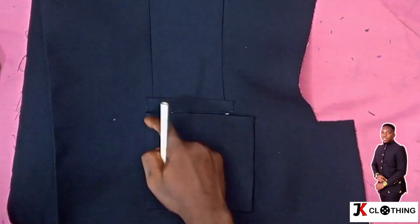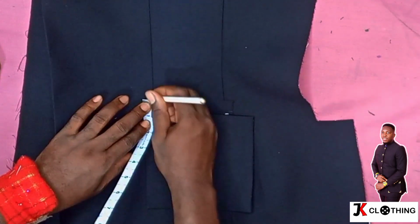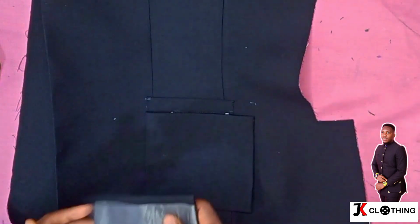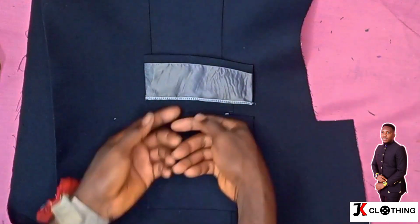We'll move from the tip of the pocket upwards by 3/4 of an inch on both sides. Then we place our pocket to the top. We'll go ahead and stitch quarter of an inch so that we'll flip it